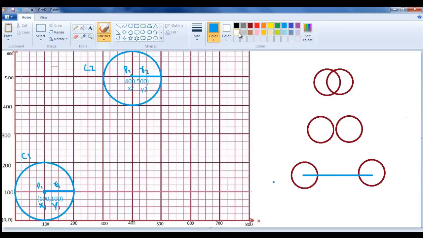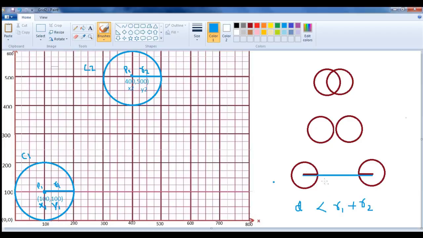Simple. Of course, both have a radius, and the radius is 1, as I told. So I can write simple code here: if the distance D, the distance between the centers, is less than R1, the first circle's radius, plus R2.